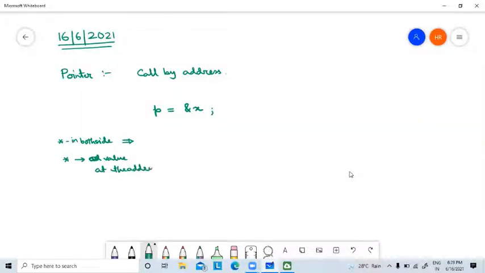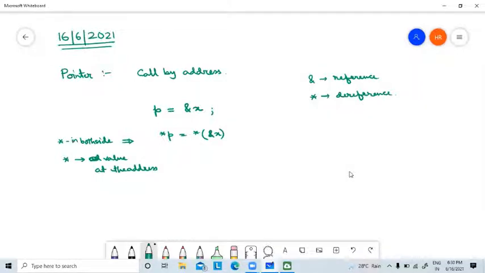So if we take star on both sides, it will look like star p on this side, and star ampersand x on this side. Now this ampersand is sometimes called reference because we are storing the address, and that's why this star is called dereference.